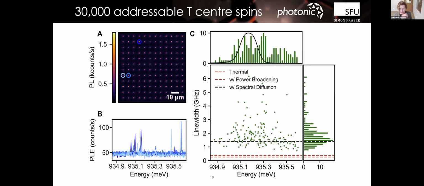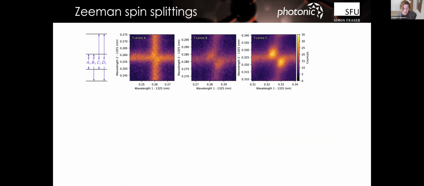Anyway, we went and took a look at all of them. We've taken G2s and some lifetime measurements off these. And in this field of pucks, we had, I think, about 150 different T centers. And you can take a look at their distribution compared to their natural SOI distribution. And you can see that some of them were strained, and that TX0 and TX1 level are mixing under that strain environment, which is to be expected, which is why it's asymmetric. And you saw the characteristic line width of this thing lines up basically with where we expect it to be. So that's nice. You could also go and see the spin.